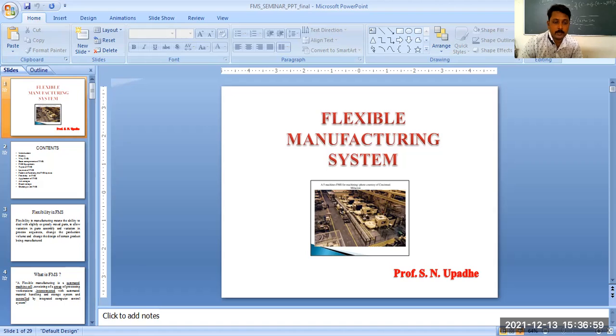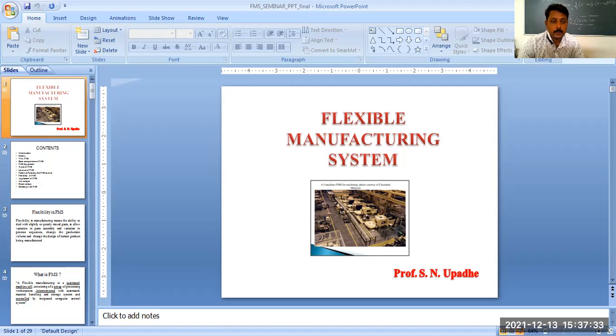Produce a variety of items under one roof. This FMS gives us flexibility because it is called a flexible manufacturing system, right? So flexibility gives us a variety of different products under one roof. Then we can improve product quality because it is an automated system. CNC types of systems are used, so the product quality can be improved. Serve a variety of vendors simultaneously. You can have different types of vendors which you require, and you can serve different types of vendors at a time.